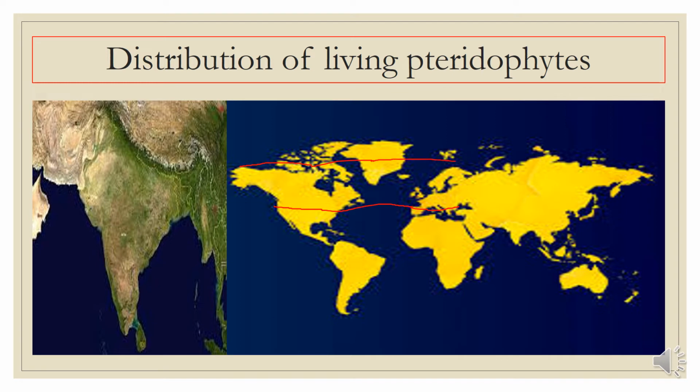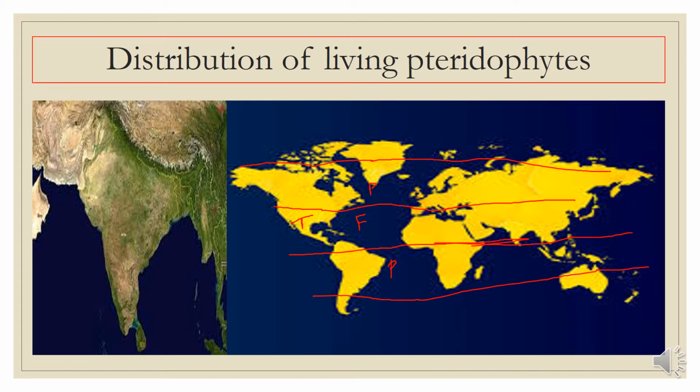In the tropical region, we find great abundance of the ferns, and in the subtropical region, we find great abundance of other types of pteridophytes. So, in this region, we have a huge amount of ferns, and in this region, we have other types of